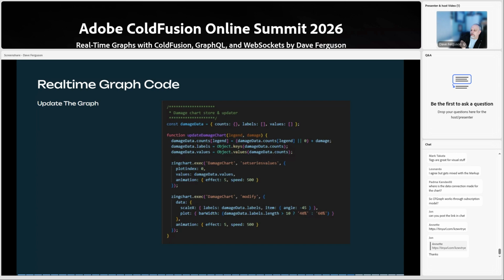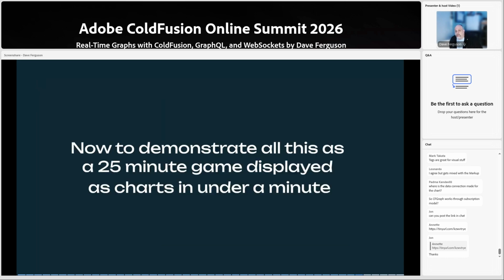So Zing chart naturally has the ability to say, oh, you already had data in here. You're giving me a whole bunch of new data. Okay. And you want to animate it? It'll animate from the old data to the new data instead of just doing a direct wipe over. And then we're just basically setting some information here on angles and labels and stuff. Because remember, since we're resetting everything every time, we have to reconfigure the labels and bar widths and everything every single time. So it's kind of a little bit of extra code, but it allows the chart to build and display in real time and fully loading all the data. So having done all of that,